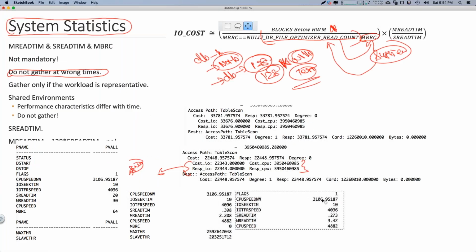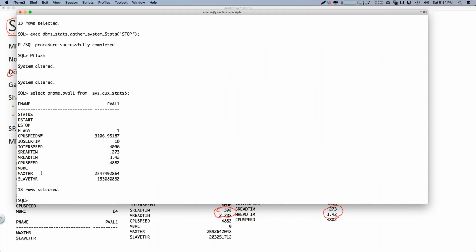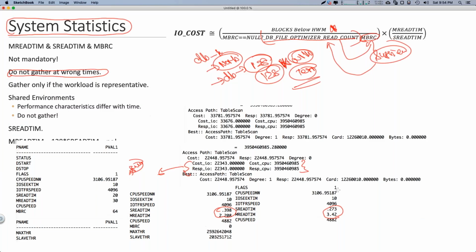So CPU speed, you can see a significant difference in these values, guys. Everyone, even the MBRC, you will notice it. I mean, for now, due to the fact we have a time constraint, I'm just going to show you